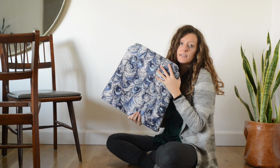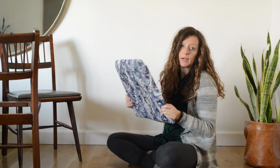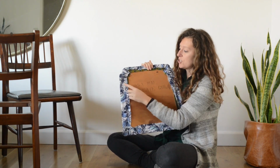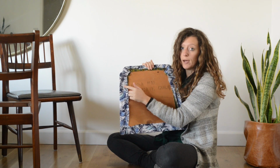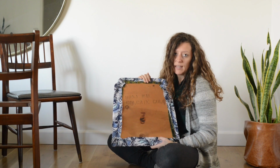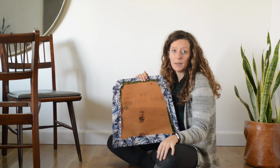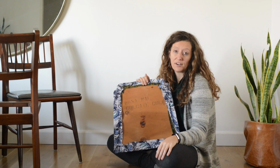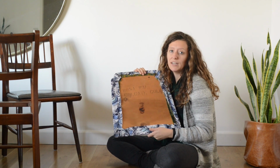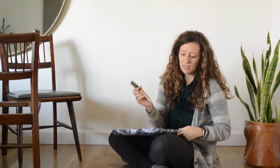All I need is the seat itself. I have recovered this chair before, and last time I was using a very thin fabric. So what I did was I just recovered the new fabric over the old fabric. It's not a big deal, but what that means is that I'm going to have to take off both fabrics. It's just going to take me a little bit more time because the leather that I'm using is a lot thicker, and there's no way that a thick fabric can go over an original fabric. So to take off the